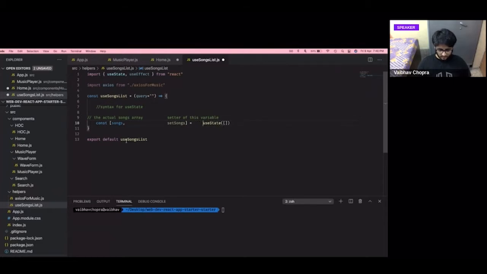And this obviously use state is the React hook, and this empty array inside is the default value, because by default we want to assume that there is no song fetched from that query, because that will be told to us by the backend. That is not something that you can know in advance. So we will set it to empty by default. So basically every time now the songs variable is what you will use whenever you want to address these songs. Okay, but what's the point of this? We are not obtaining anything from the backend this way.